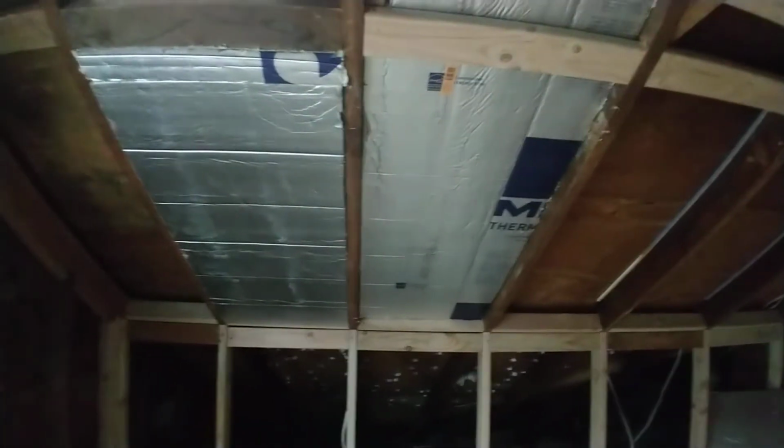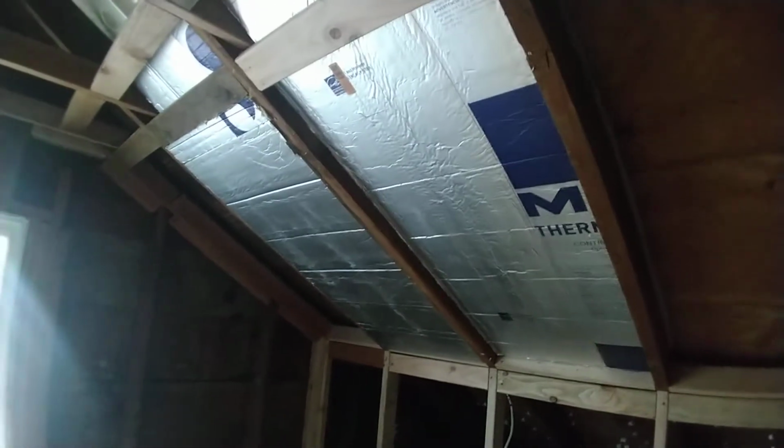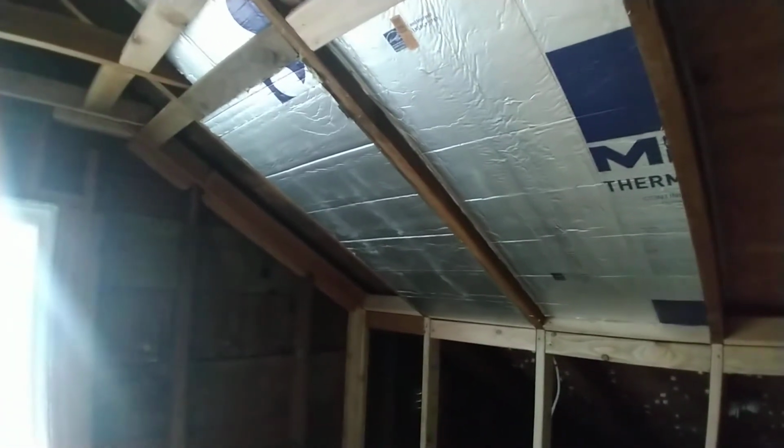So what I have here is 5 inches of polyiso. Basically, we have 3 boards. One of them is 1 inch, and then two 2-inch boards. And I was able to put a little air gap behind it. You can see right here I put little 1/2 inch